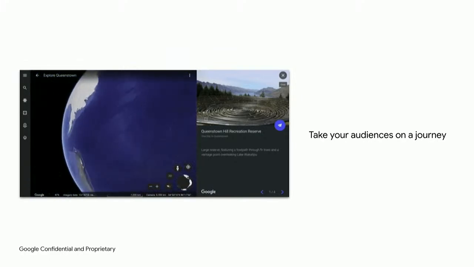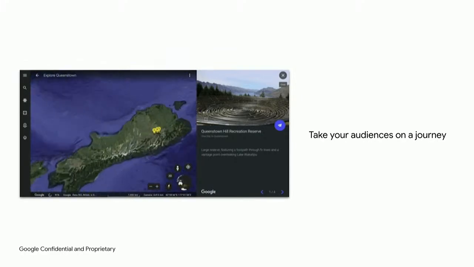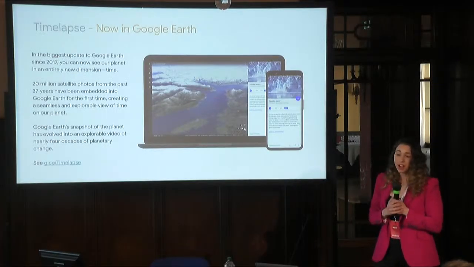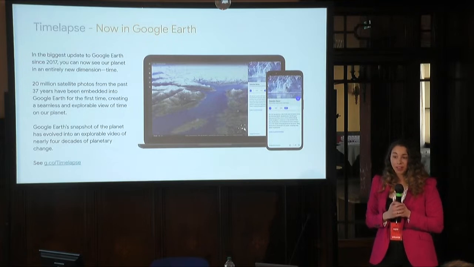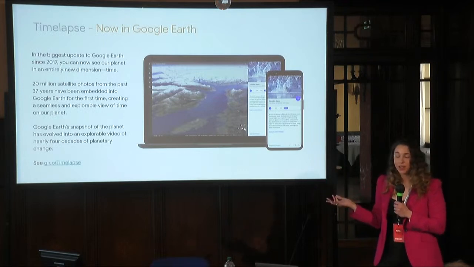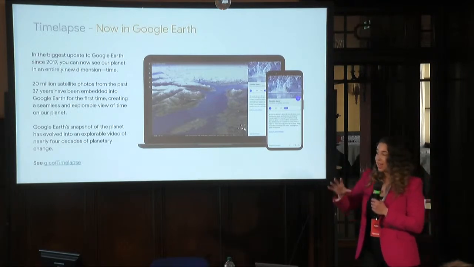So this can be linked to within your article and take them out into Google Earth to give them more of a view. We also have time-lapse imagery now available in Google Earth. It's a little bit like time travel. It's absolutely amazing. So now there's 20 million different satellite photos from the past 37 years have now been released